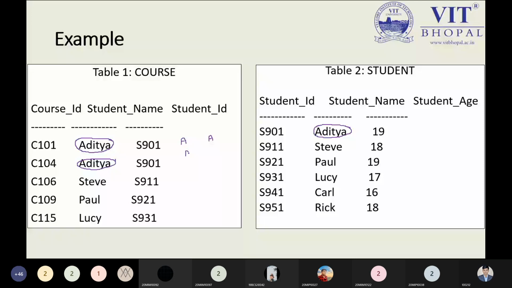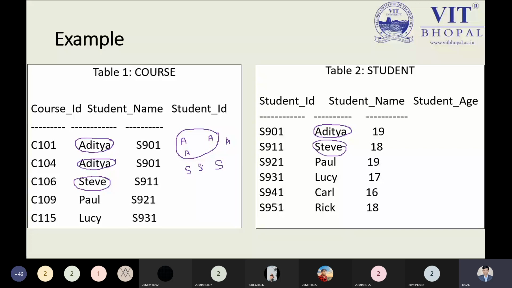That is the point. Steve we have one time, and in the other relation Steve is also available. So only one time Steve will be displayed.